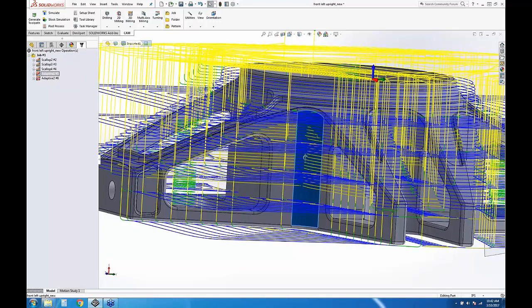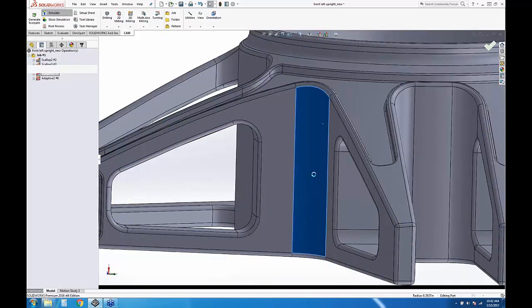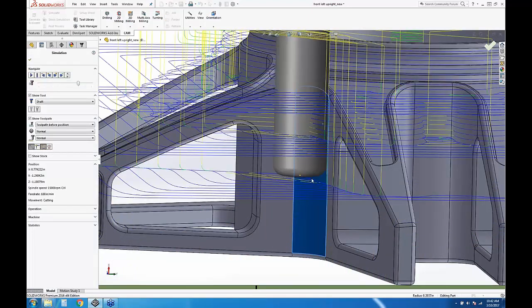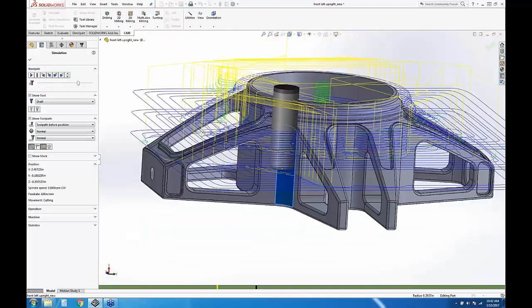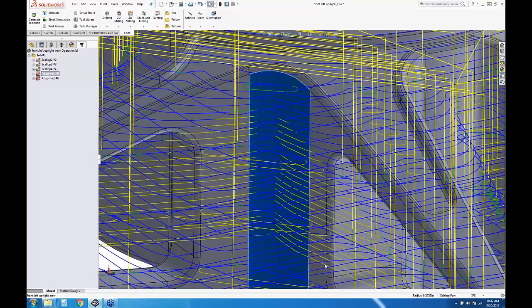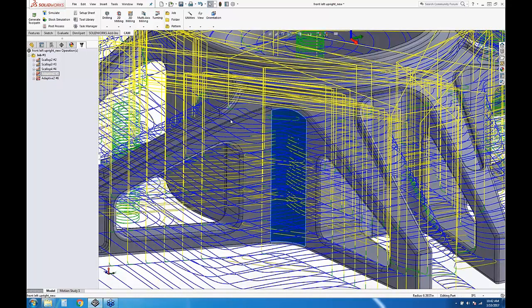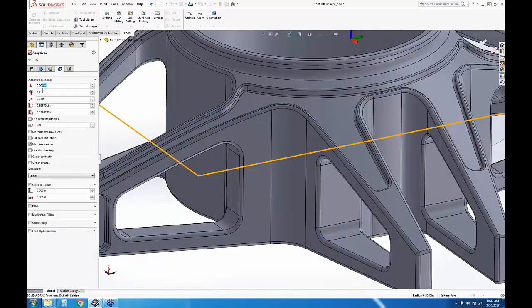This is a vertical wall, and so we really shouldn't be winding up with these additional step ups. If you picture that this tool, it already came in and got that section, right? It already roughed that. But that's just a result of the same thing. It's the tessellated model being dirty, and we went in and machined up to that point. But you have to remember, this isn't the model that the toolpath is seeing, or that the algorithm is seeing. It's seeing that tessellated model, and so if that's dirty,